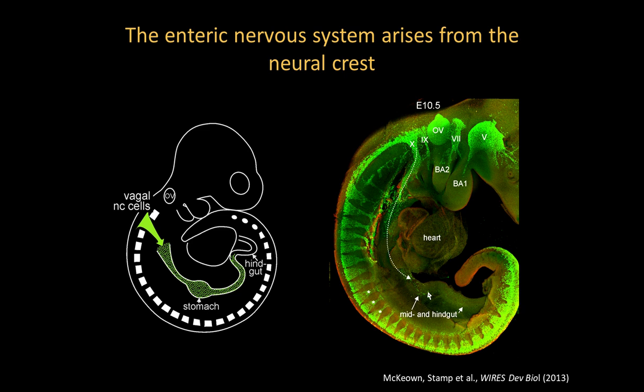Developmentally, the enteric nervous system is derived from the neural crest, and in particular from the vagal region of the neural crest. This is from the neural tube adjacent to somites 1 to 7. And during early stages of development, these vagal neural crest cells emigrate from the neural tube and enter the developing foregut. They then migrate within the gut tube, within the gut wall, in a rostrocaudal direction to colonize the entire